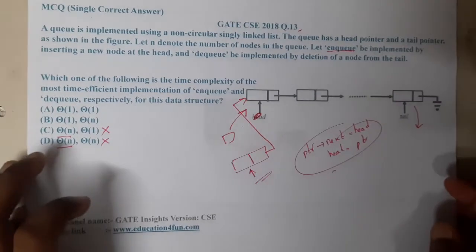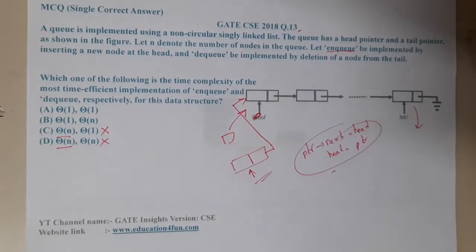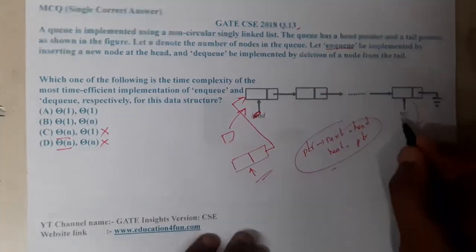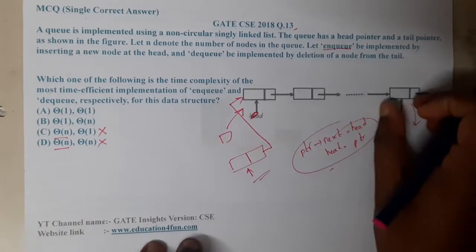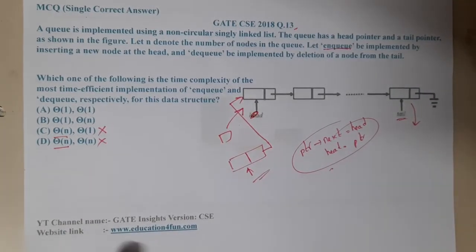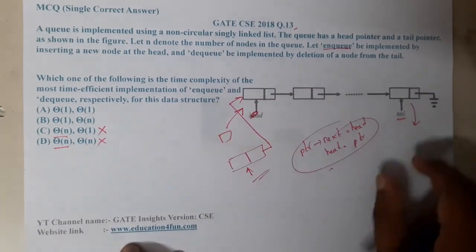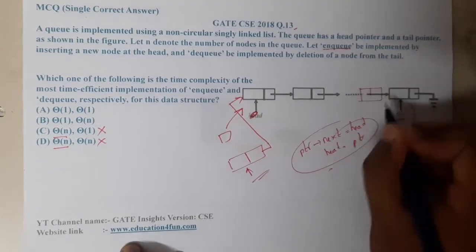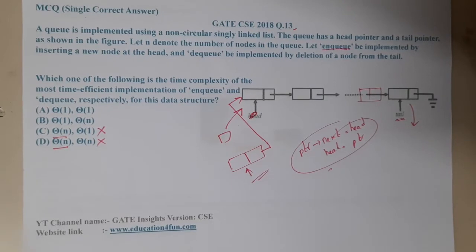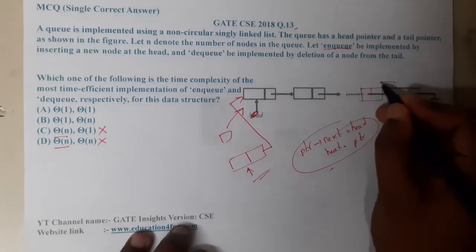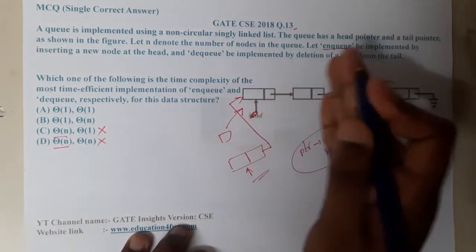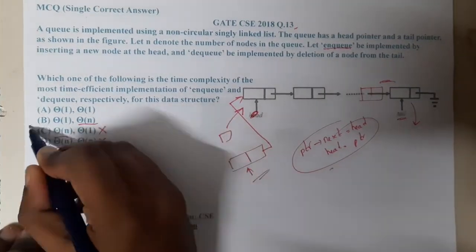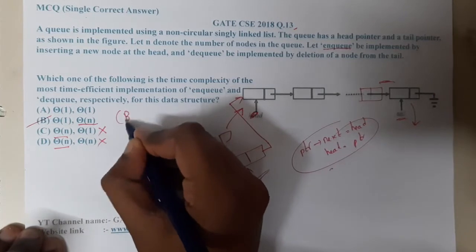Similarly, when it comes to deletion, now I got why they gave big O of n and big O of 1. Whenever you want to delete some node in a linked list, if it is a singly linked list, remember, you should have the previous node's address. How can you get the previous node's address? There is no previous link, right? Hence, you should traverse to that point. That is the reason why big O of n will be the deletion. So option B will be the answer.